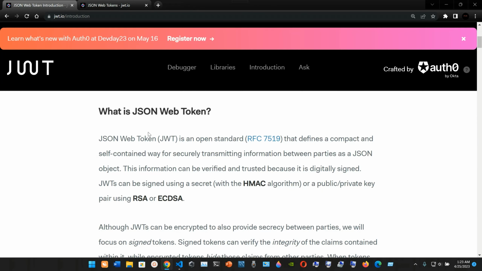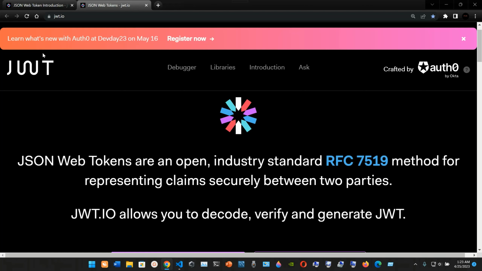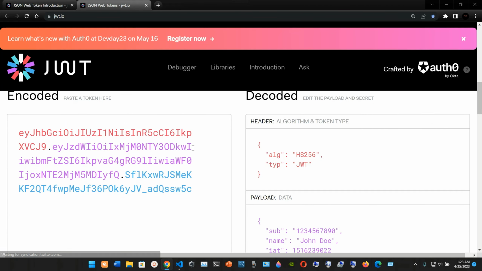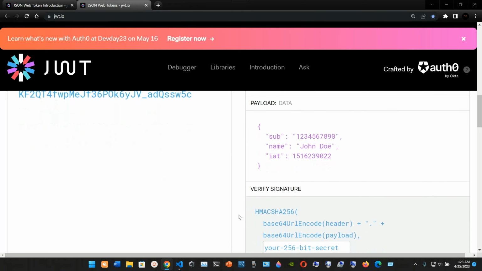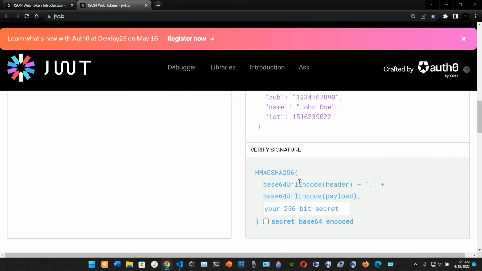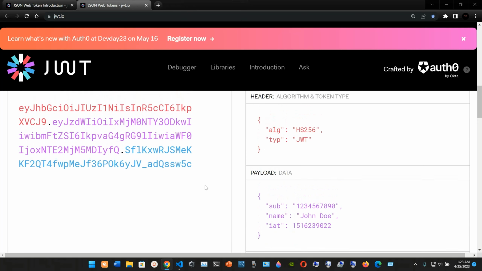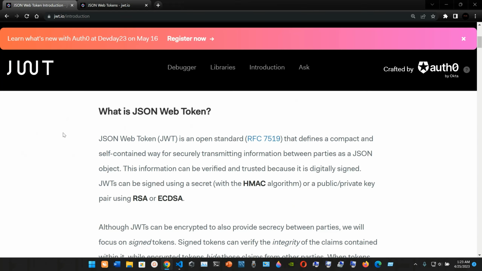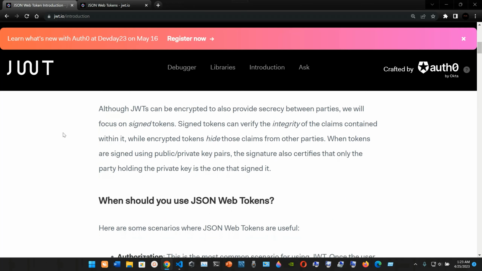So when they say a secret, if we go back to their official website, and we see here this tree, we have the header, the payload, and the verified signature or the secret here. So we have 3 steps, and each one is connected via that. So that is that. Although JWTs can be encrypted to also provide secrecy between parties, we will focus on signed